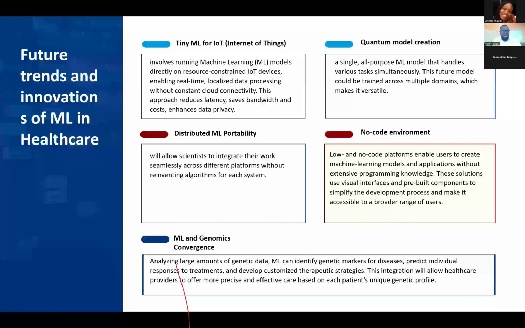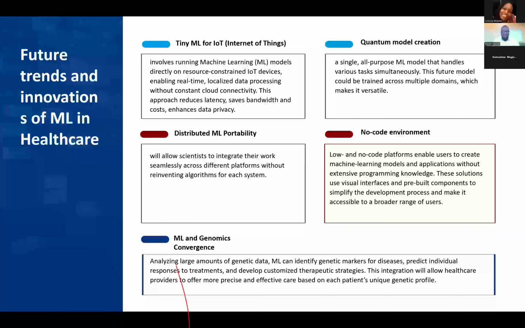The future trends of machine learning in healthcare, these you'll read up later. We have what we call tiny MLs for Internet of Things. These are smaller algorithms that can sit within either analog systems or a local system, and thereby you can run your algorithm and all your data processing within a smaller unit, meaning data can be safer. You can also use it within safe clinical settings without issues of internet latency, bandwidth, and then cost and data